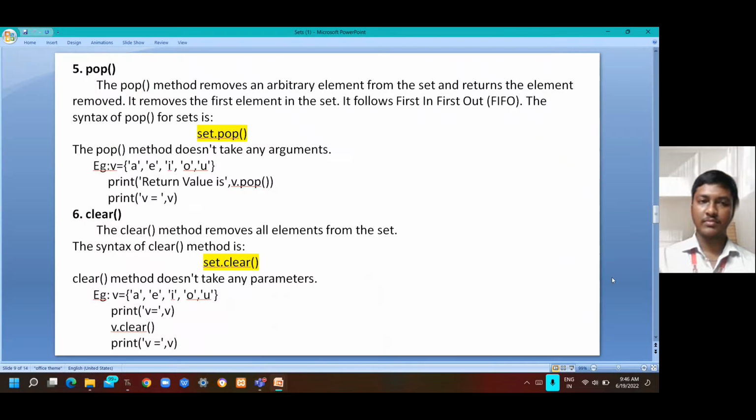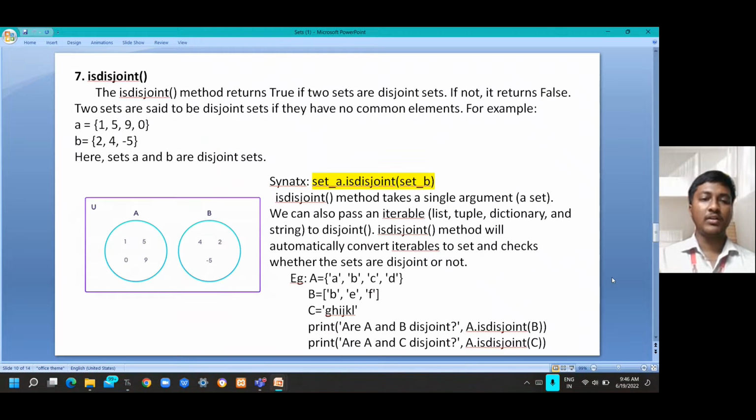And the next method is isdisjoint. From the definition, we can understand that disjoint means when the elements present in the sets are not common, then it will return a true value. That is, if they are disjoint, it returns true. If not, it returns false. So the isdisjoint method returns true if the two sets are disjoint sets. If not, it returns false. And the syntax is set A dot isdisjoint of set B. So with an example briefly,